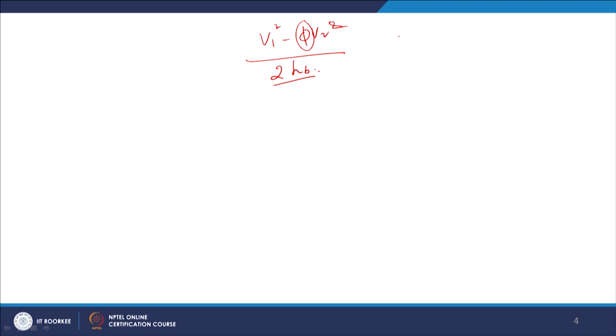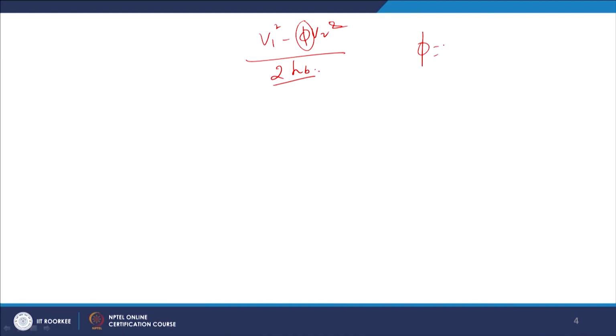Suppose, because now what is happening, from the fixed blade the steam is coming out with certain kinetic energy, but when it is entering the moving blade, some losses are there. To take into account those losses, the carryover coefficient phi is established, which is equal to V1 square by V2 square. V1 square means the steam which is entering the stage, V2 square is the steam which is leaving the previous stage, not this one stage.